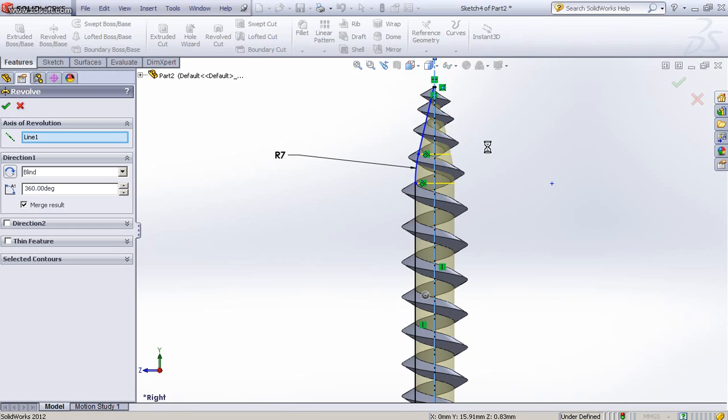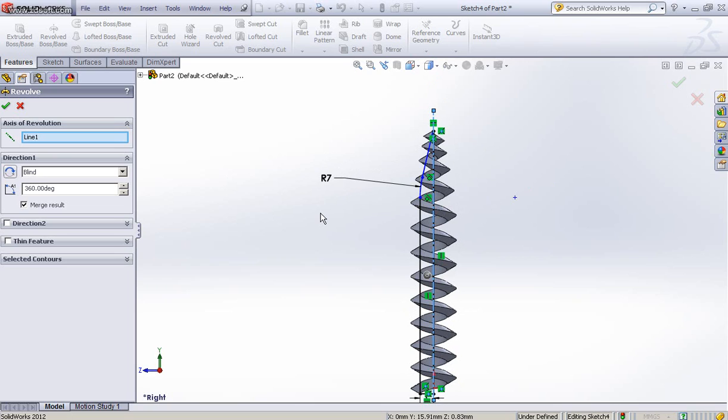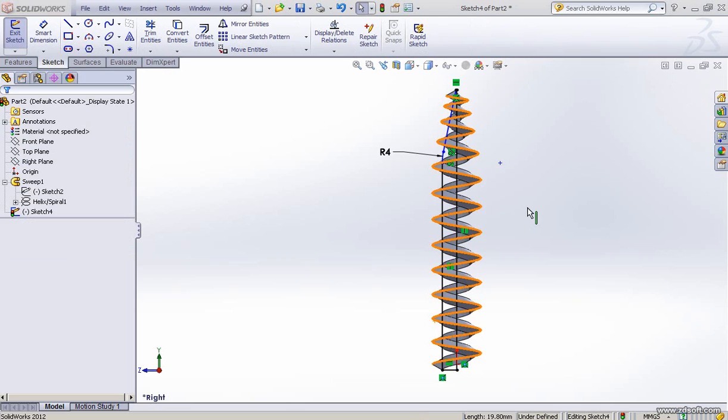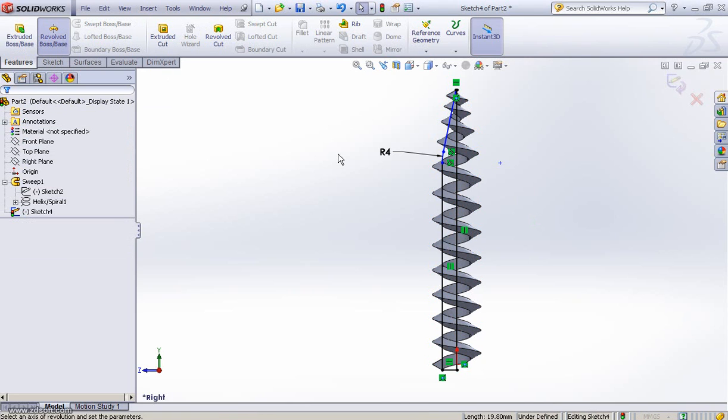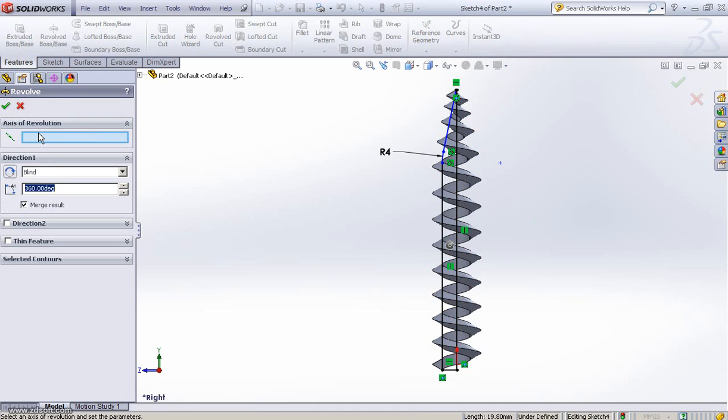Okay, let's wait. Sorry for having quite a delay. Let's do revolve. I do it again. When we try to do revolve here, sometimes when you do features and use revolve, the axis of revolution is this axis, when you click OK,